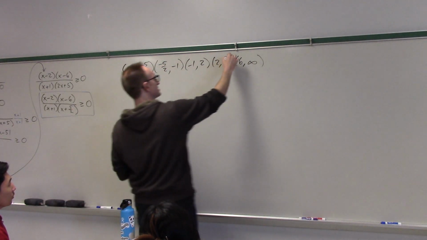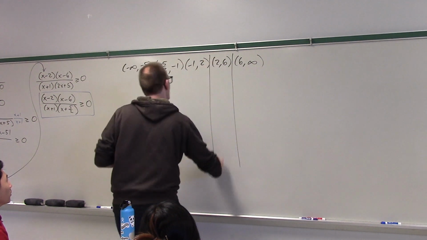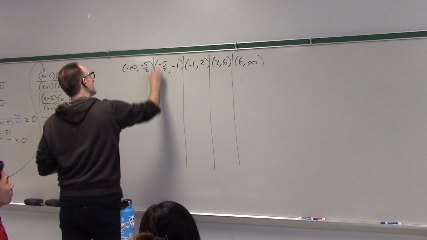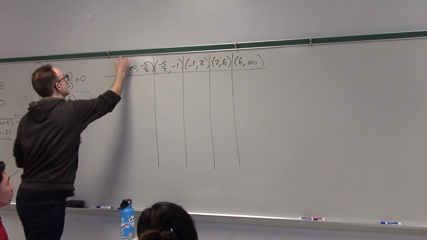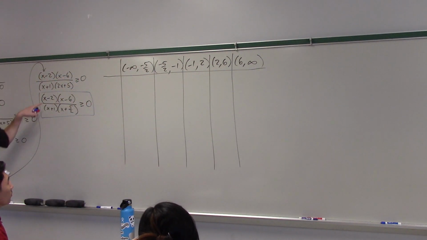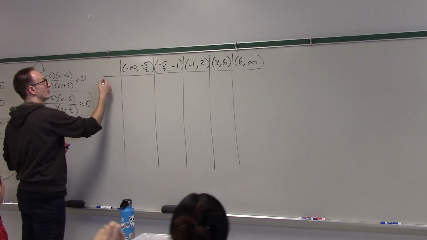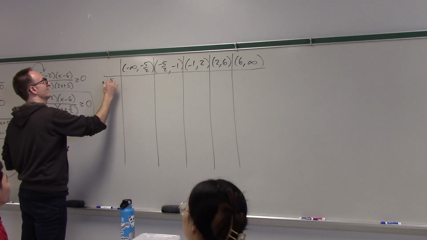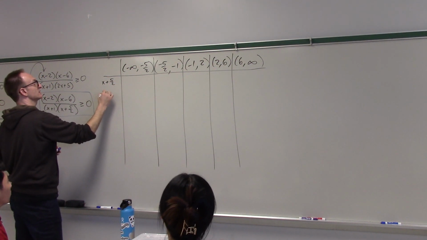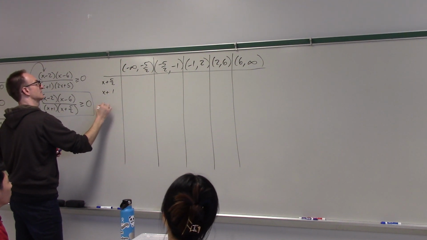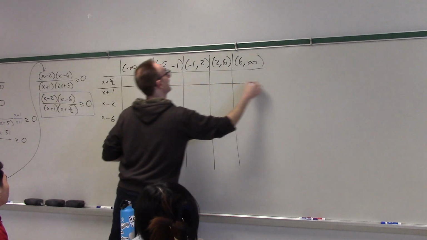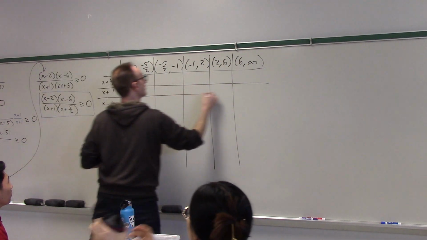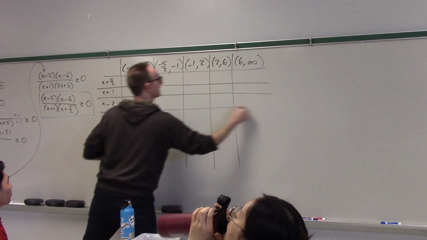Okay, so then we make this giant chart, and we look for every one of these different kinds of numbers at each of the different factors. So, for example, take x plus 5 halves, bless you. Take x plus 1. Take x minus 2. And take x minus 6. And then we can, in a way that is very, I think, clear,